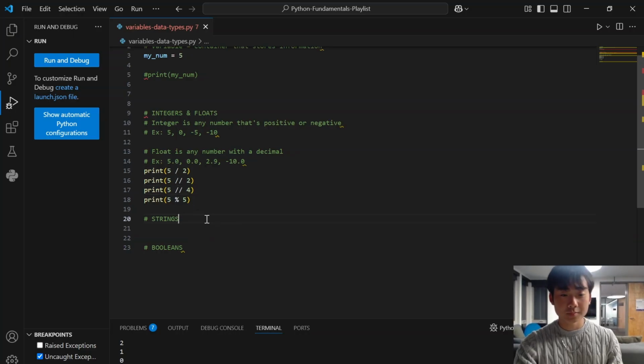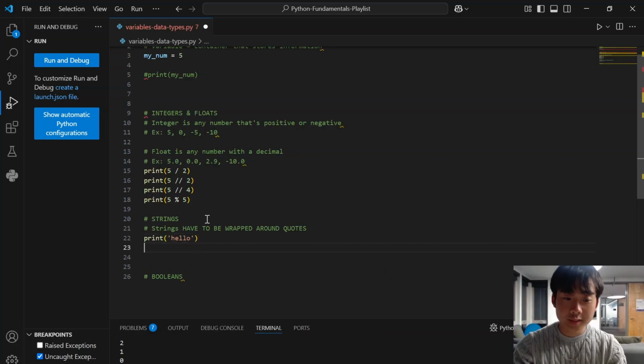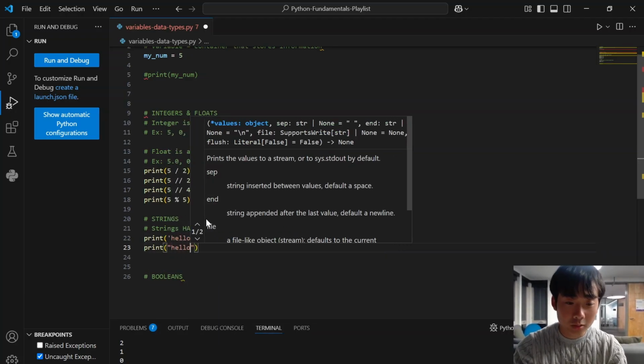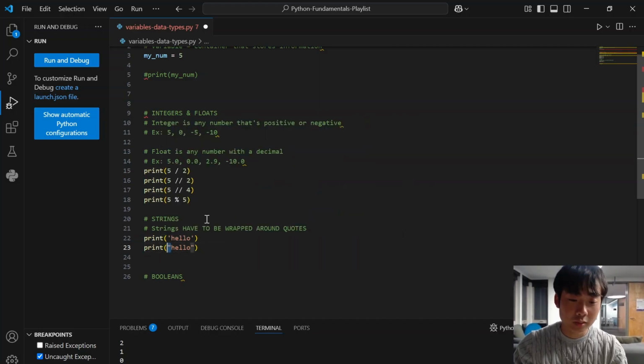There's also strings, which are basically any form of text, or it could be a number that's wrapped inside quotes. But the main thing about strings is that they have to be wrapped in quotes, double quotation marks or single quotation marks, doesn't really matter as long as you're consistent. So you can say print hello, that works. You can say print hello with double quotation marks, but you have to close it with another double quotation mark. That's gonna work,